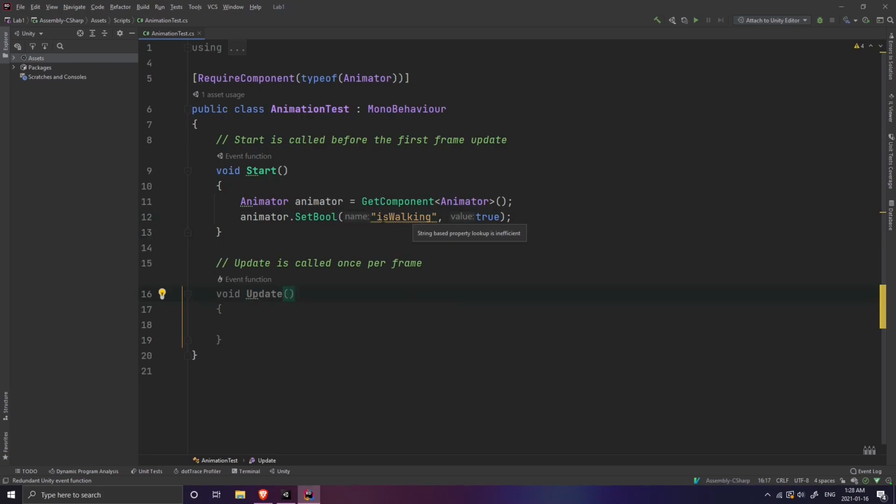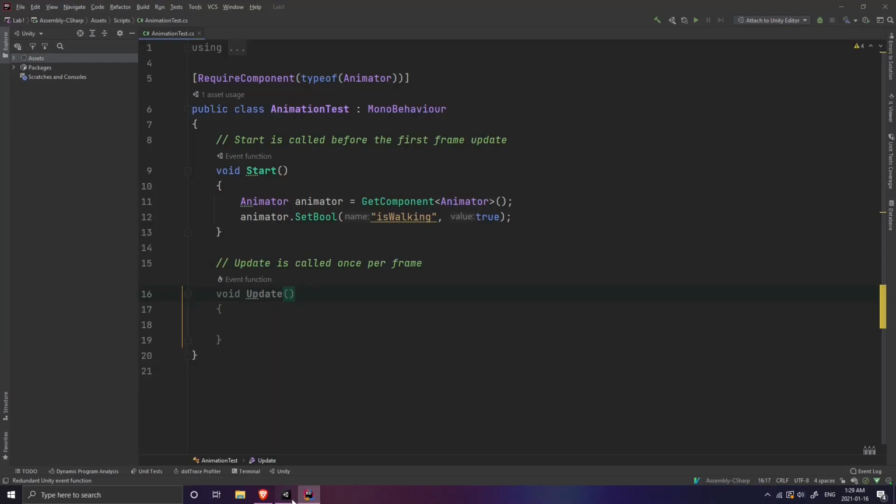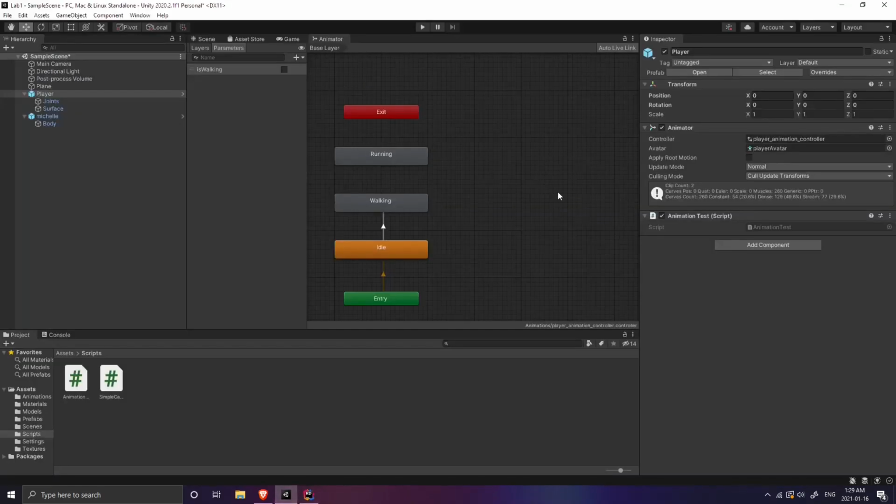It's okay for quick tutorials and maybe a lab here and there, but if you're actually working on a full-scale game, hard-coded strings are to be avoided for obvious reasons. For example, what happens if we decide to change this isWalking to a different name? It can happen. Multiple people can be working on the project. Some people can be working purely in code, and other people, like game designers that are less proficient in programming,